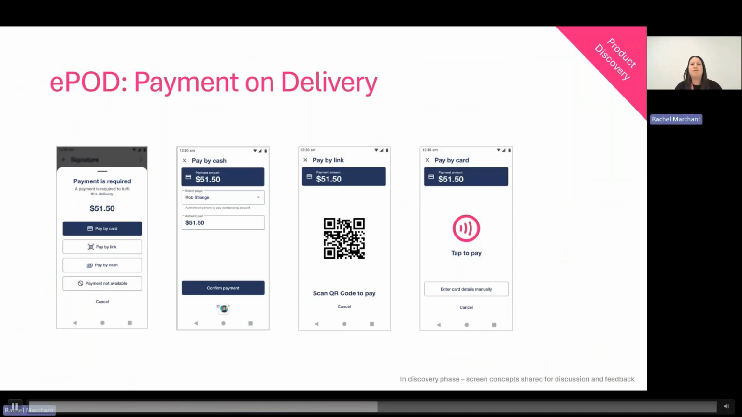So in our ePod proof of delivery app, a new capability that we're actively exploring now is payment on delivery. The aim here is to understand how we can better support different payment methods at the actual point of delivery. For example, identifying when payment is required, providing more flexible ways for the driver to essentially take that payment. So this includes looking at things like extending our cash payment workflow within the app, as well as exploring